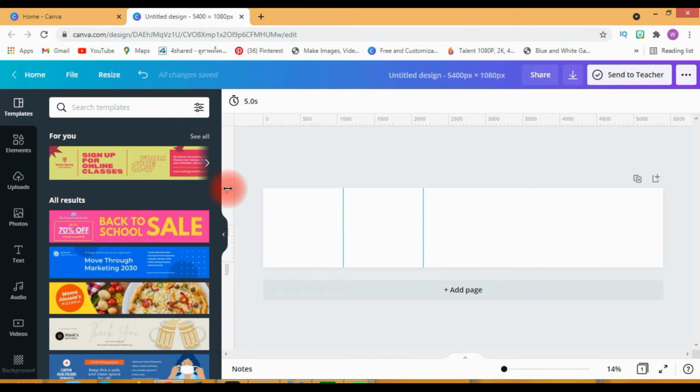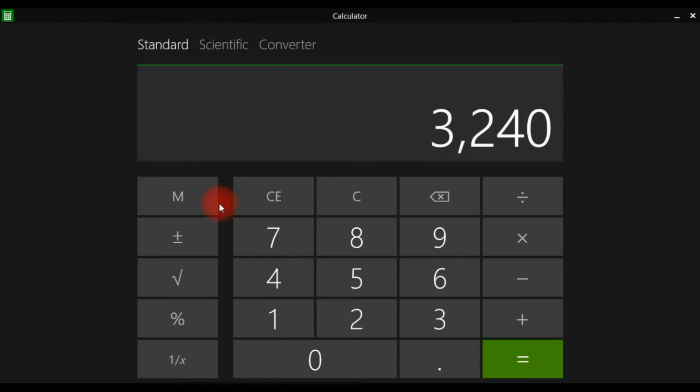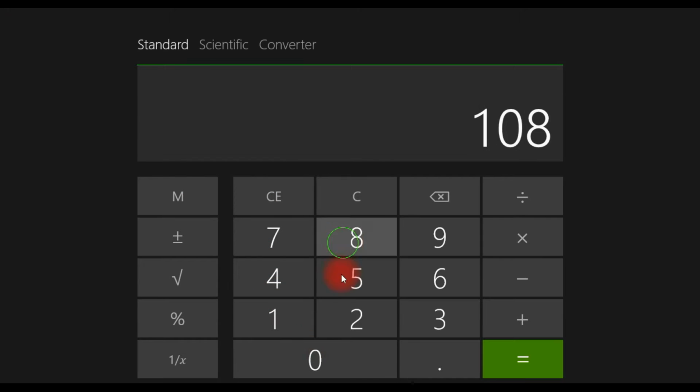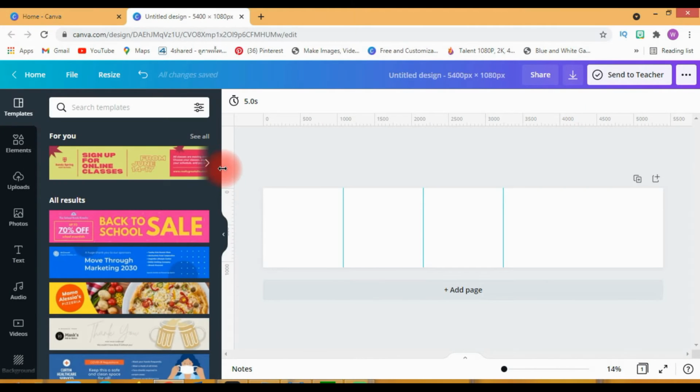Drag to 3240. Now the fourth is 1080 into 4, that is 4320.